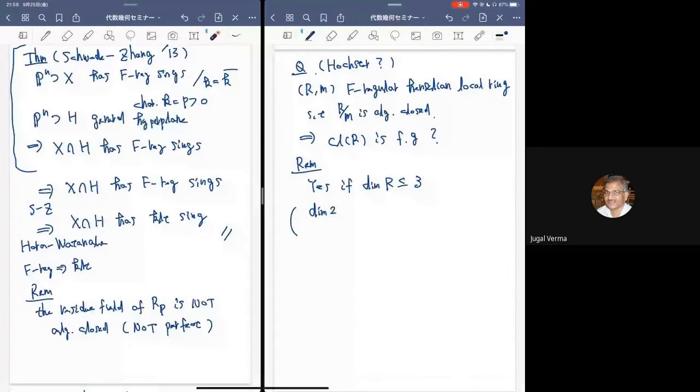This is due to Lipman. Basically, a two-dimensional F-regular local ring is a rational singularity, and the divisor class group of a rational singularity was intensively studied by Lipman. And the dimension 3 case is a recent result due to Javier Carvajal-Rojas